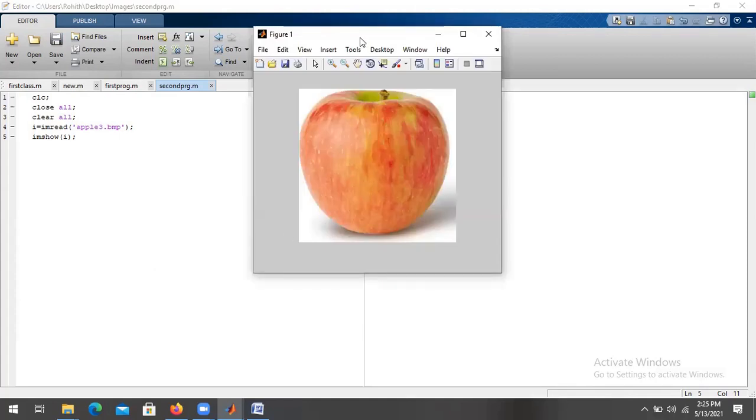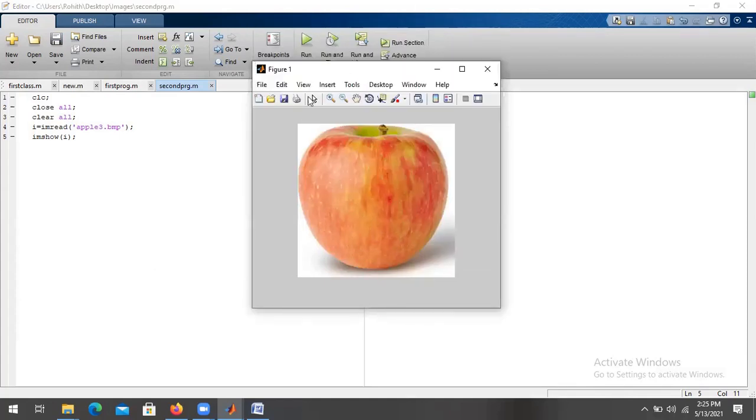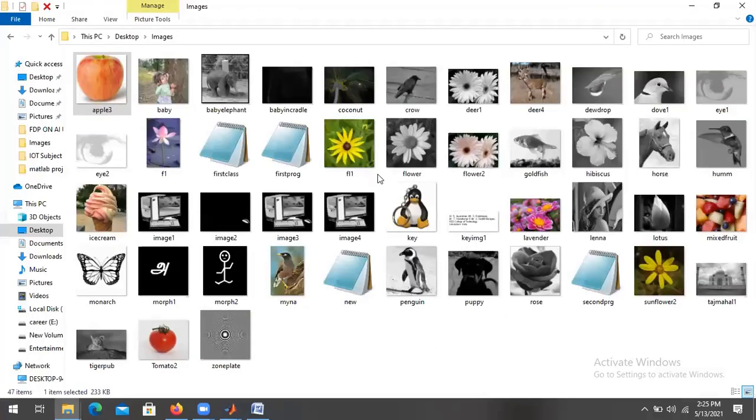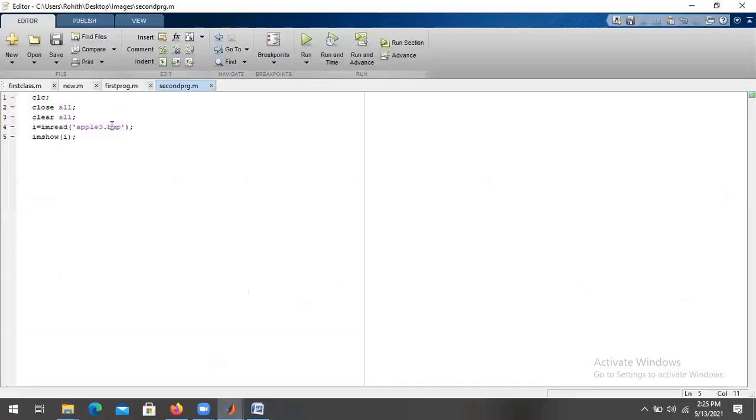So guys, this is how the figure window looks, and here you can see the image. Like this, you can display any particular image. This is a TIFF file. I'm opening this goldfish. I think you are able to see the folder also, right?